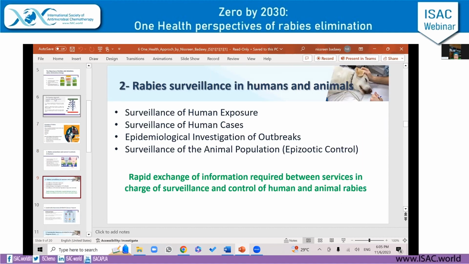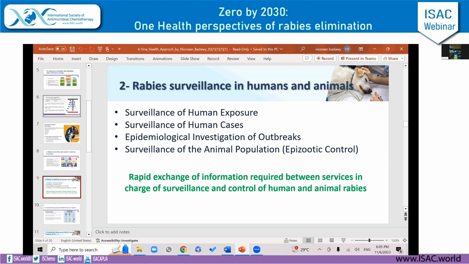The second strategy for rabies elimination and control includes surveillance studies. Surveillance studies must include human exposure, by determining humans exposed to animals and the ratio of animals to humans. Also surveillance of human cases as diagnosed by suspected cases, probable cases, and confirmed cases. Suspected cases have clinical manifestation; probable cases have clinical manifestation and a history of exposure to a rabid animal or an animal of unknown origin; and confirmed cases include cases with clinical manifestation confirmed by laboratory investigation.